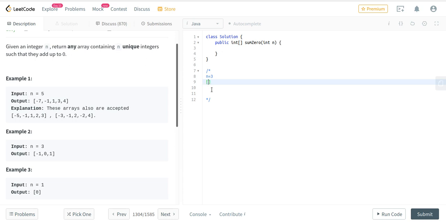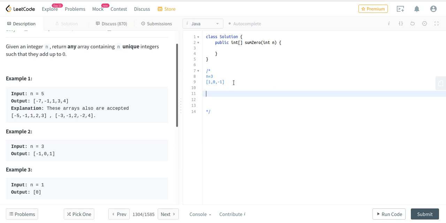For instance, plus 1 and minus 1 sum up to 0, plus 2 minus 2 plus 1 minus 1 again sums up to 0. So if n is equal to 3, we'll provide 1, 0 and minus 1, and the sum of these three elements is 0.